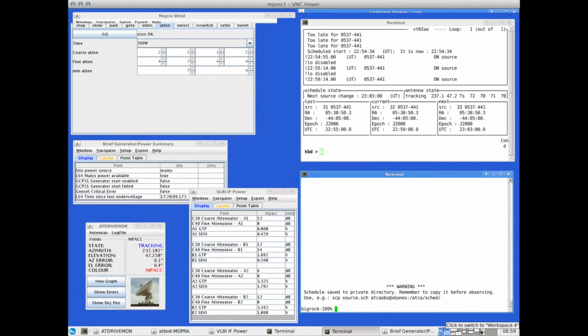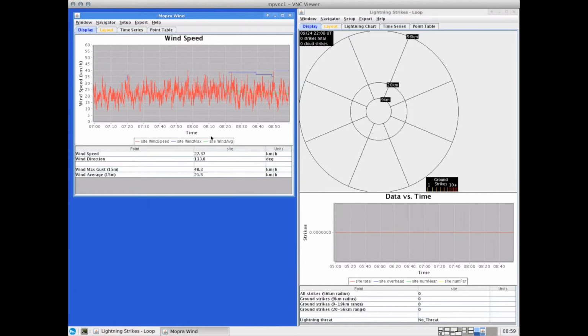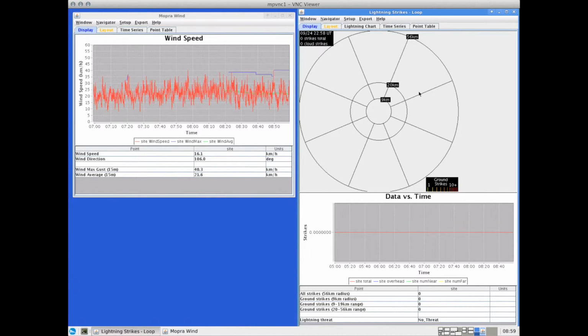The other issue you need to monitor is the weather. If the wind is consistently very high, the antenna will hardware wind stow, so you normally don't need to worry about that, and then it will automatically recover at the end. You should keep an eye on lightning. At the moment there is no strikes at all. If the lightning threat is telling you to stow the antenna, you probably should